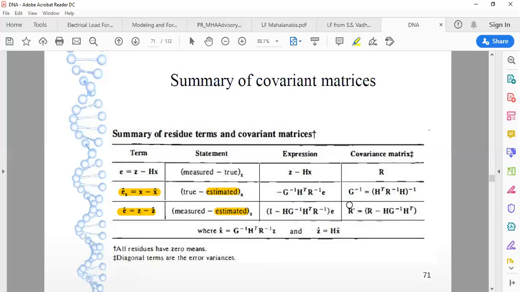So over here we have three kinds of variance. First one, when we are discussing only error, which is variation from measured value to true value. Second one is expected value of error, while we are discussing only the difference between state variables and their expected value. And when we are discussing e hat, that is nothing but the difference between measured value and expected value of measured variable.